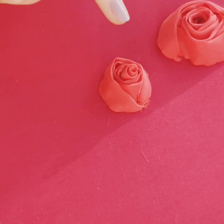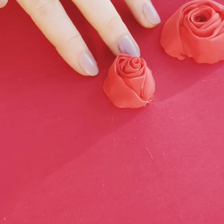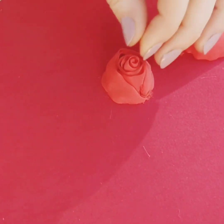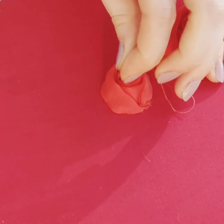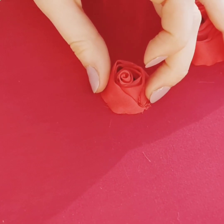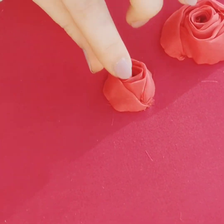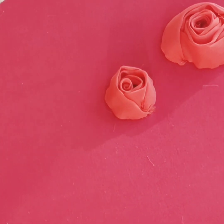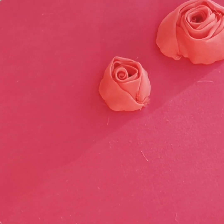So I'm thinking that my centre is looking a little bit too proud. It's sitting quite high in comparison to my other petals. So I'm going to go back up through the centre and go back down, straight down pretty much. And very gently I'm just going to pull that down a little bit, pull it into the centre. You see how that comes down into the body of the other petals a little bit more, and it looks quite a bit more natural there. Yeah, I think that looks a lot better. Okay,